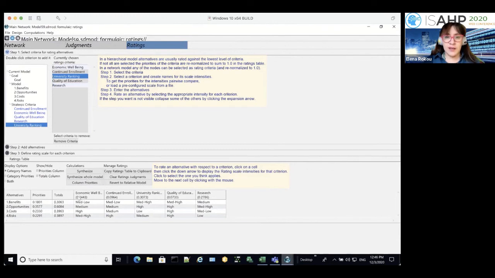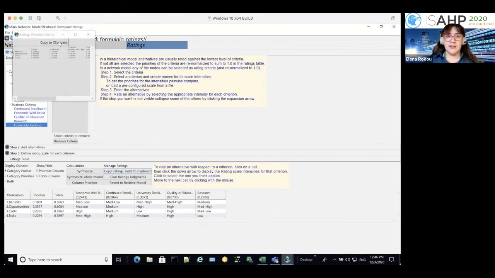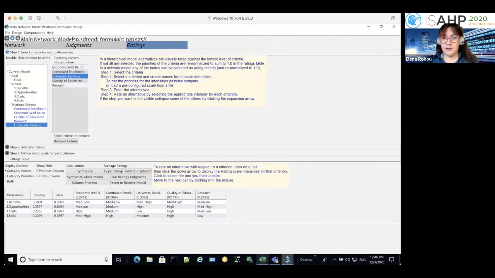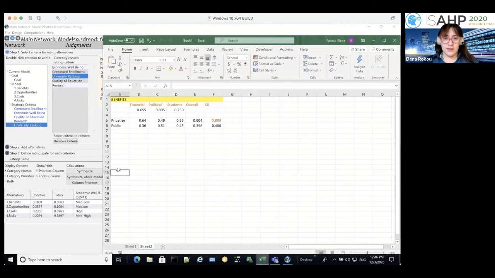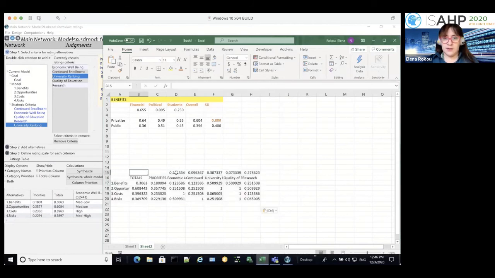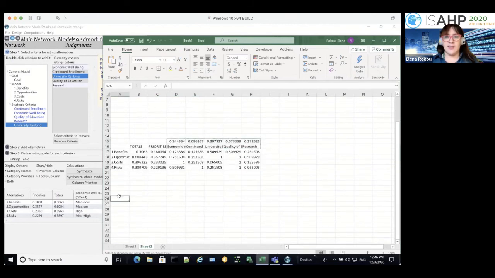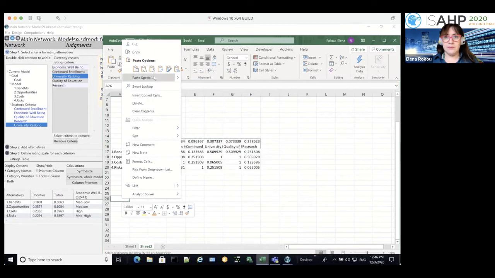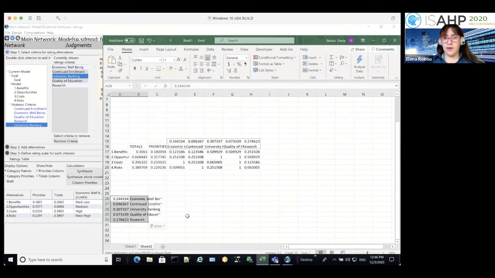And over here, underneath the name of the column, you can also see the priorities. That's another way. If I take this ratings table to the clipboard, I will be able to have all the values that I need. Notice that these are the strategic criteria and their weights over here. And being in Excel, it's pretty easy